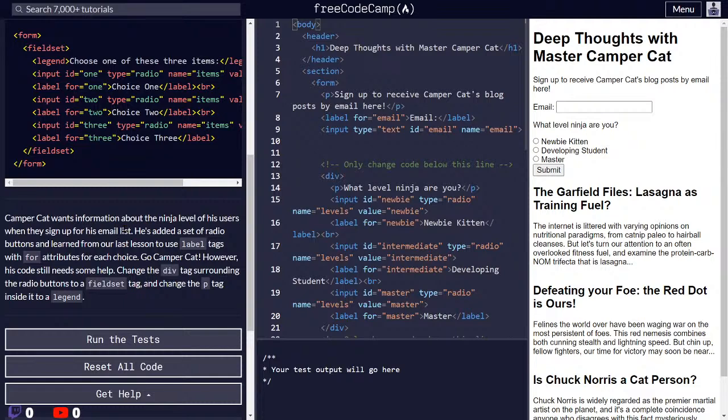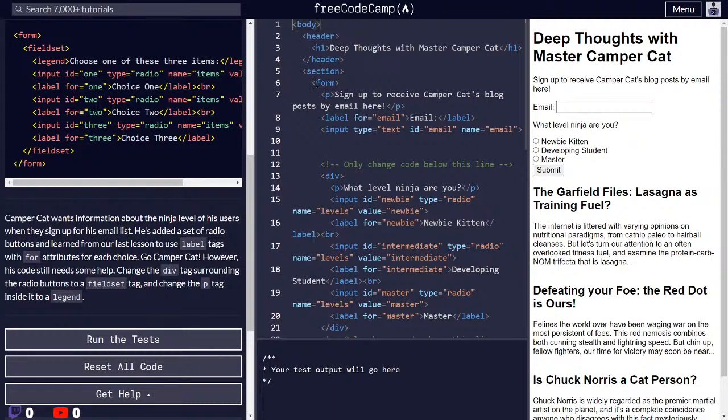He added a set of radio buttons and learned from our last lesson to use label text with for attributes for each choice. Go Camper Cat. However, his code still needs some help. Change the div tags surrounding the radio buttons to a fieldset tag and change the p tag to a legend. So what we did in the previous one was change